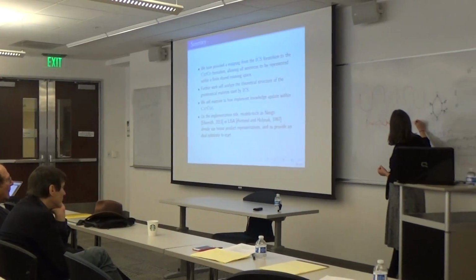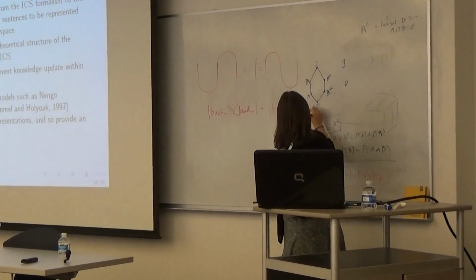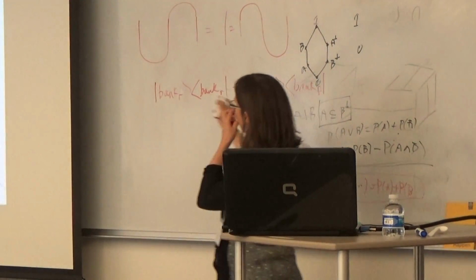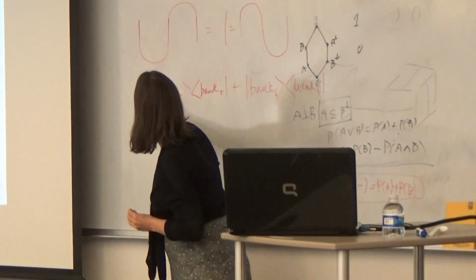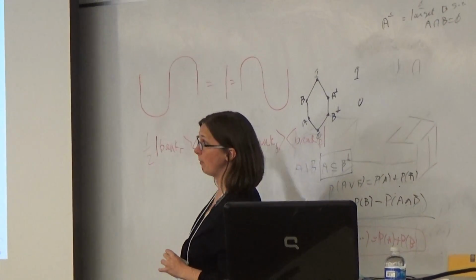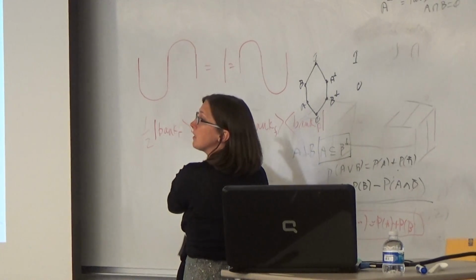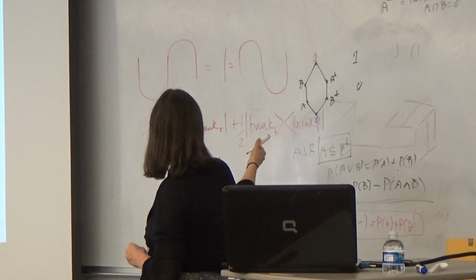So bank, river, and then you add that to bank, financial, and obviously you put the right sort of coefficients in front of these. So you've got this density matrix, and this obviously encodes ambiguity between these two different meanings of the word. And there's been some work done on this,